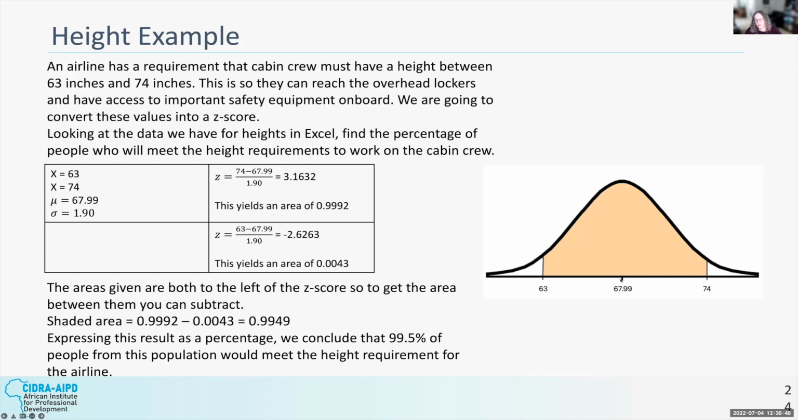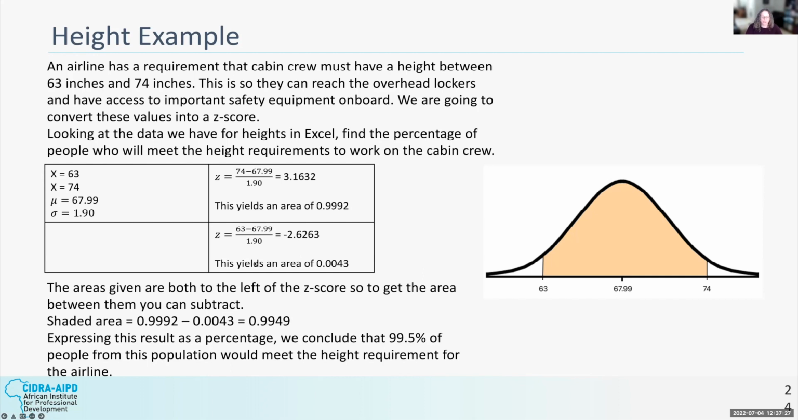Of course, we would expect that to be a negative value because it's a value less than 0, not 1, because it's on this side of the mean. This yields an area, when we put it into Excel, of 0.0043. And so, as we said at the beginning, we are going to subtract the 0.0043 from the 0.9992, and that returns an area of